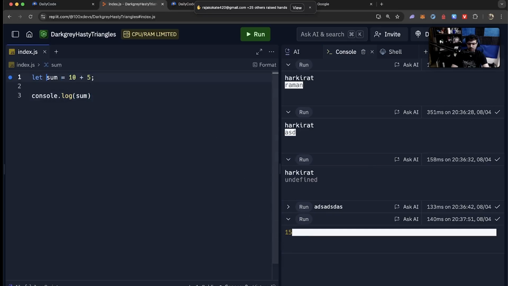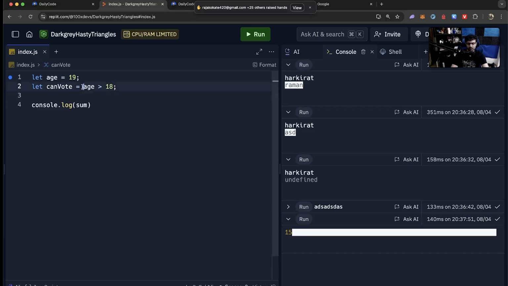Similarly, if I write const is male equal to male, and let age equal to 19. Let's say there is a person whose age is 19. Let can vote equal to age is greater than 18.